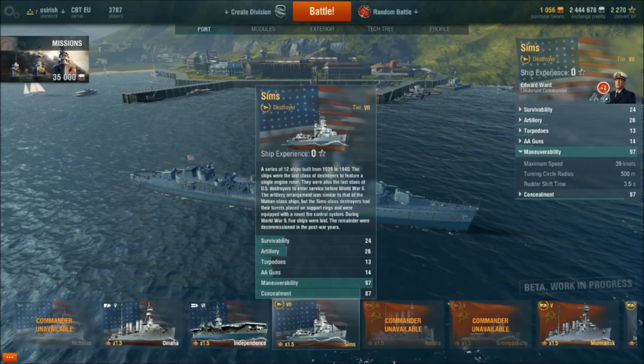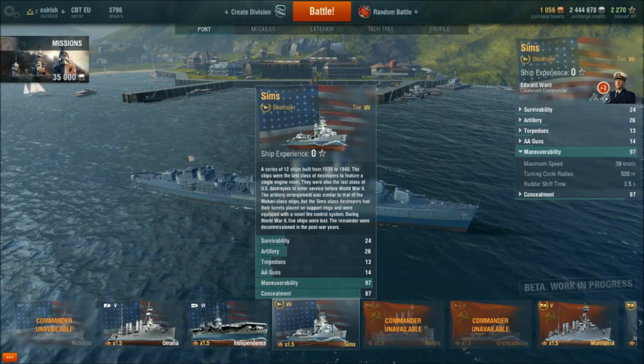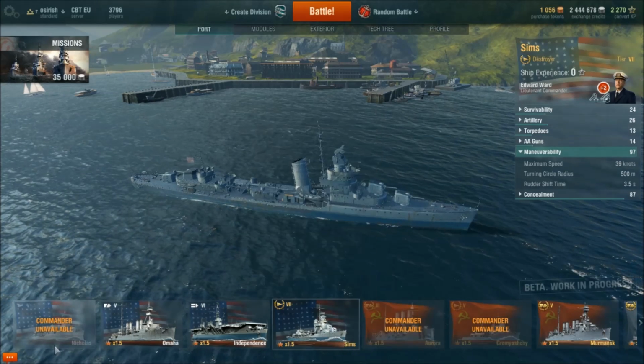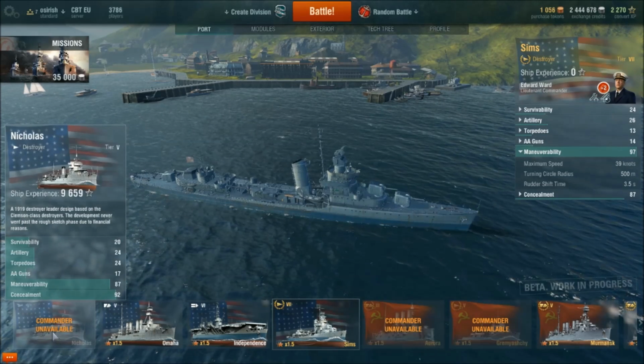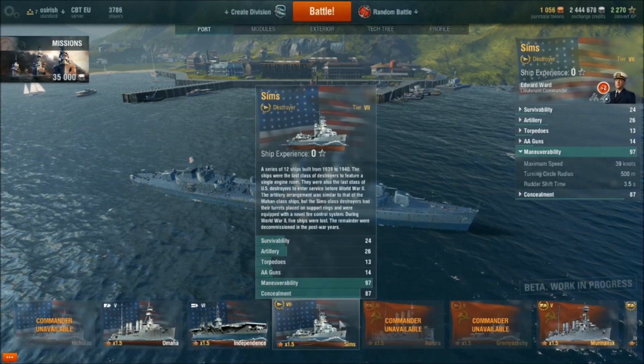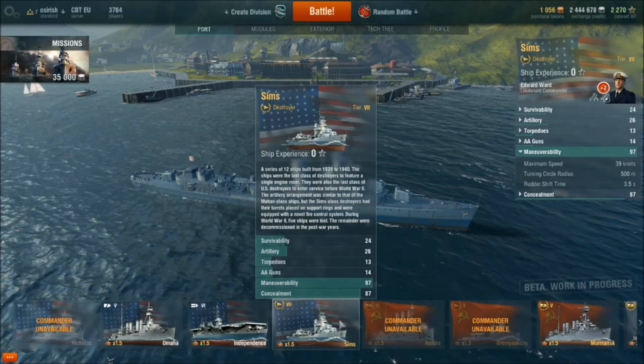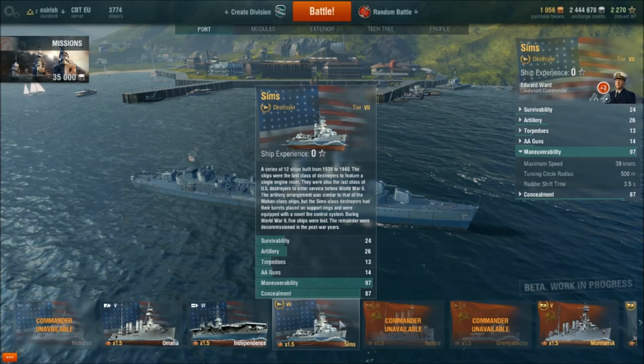A series of 12 ships were built from 1939 to 1940. Okay, so it's quite a modern ship compared to the Nicholas. Nicholas was built in 1919, so quite modern compared to the Tier 5. These were the last class of destroyers to feature a single engine room. Okay,